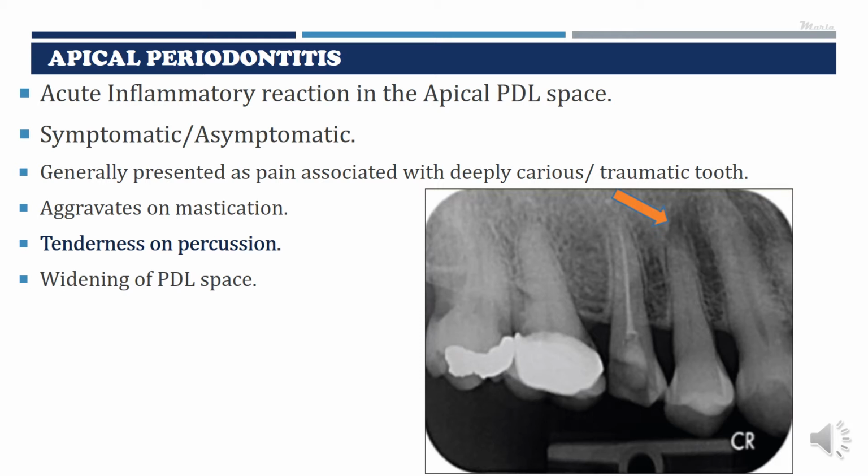Additionally, you can see in a radiograph a widening of the periodontal ligament space. A normal tooth will have a uniform periodontal ligament space all around the tooth. However, inflammation in the periapical area will result in slight widening of the periodontal ligament space. This can be identified by following the contour of the lamina dura, which will show some bulbous enlargement at the tip.